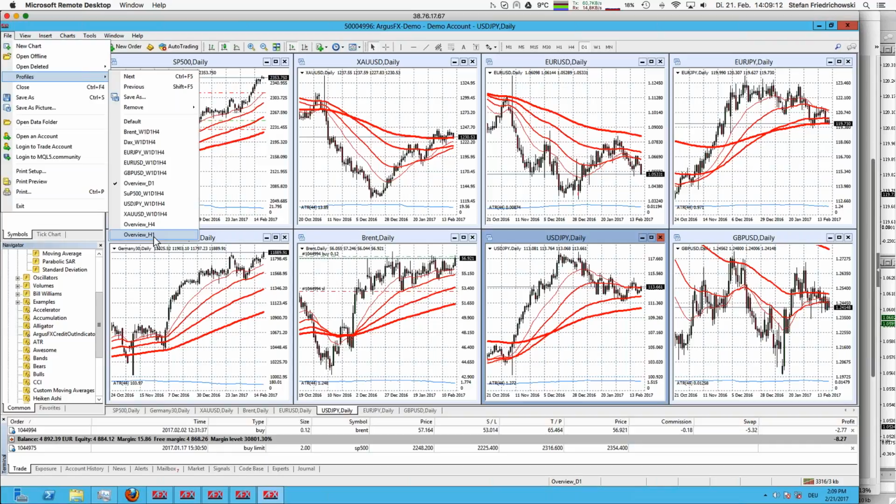So whenever I don't find something on D1, I go down the scale to H4 and finally to H1, but I will not go further down in the time frames because that is a little bit more dangerous in trading activities. That is a little bit more advanced, to go on smaller time frames. So